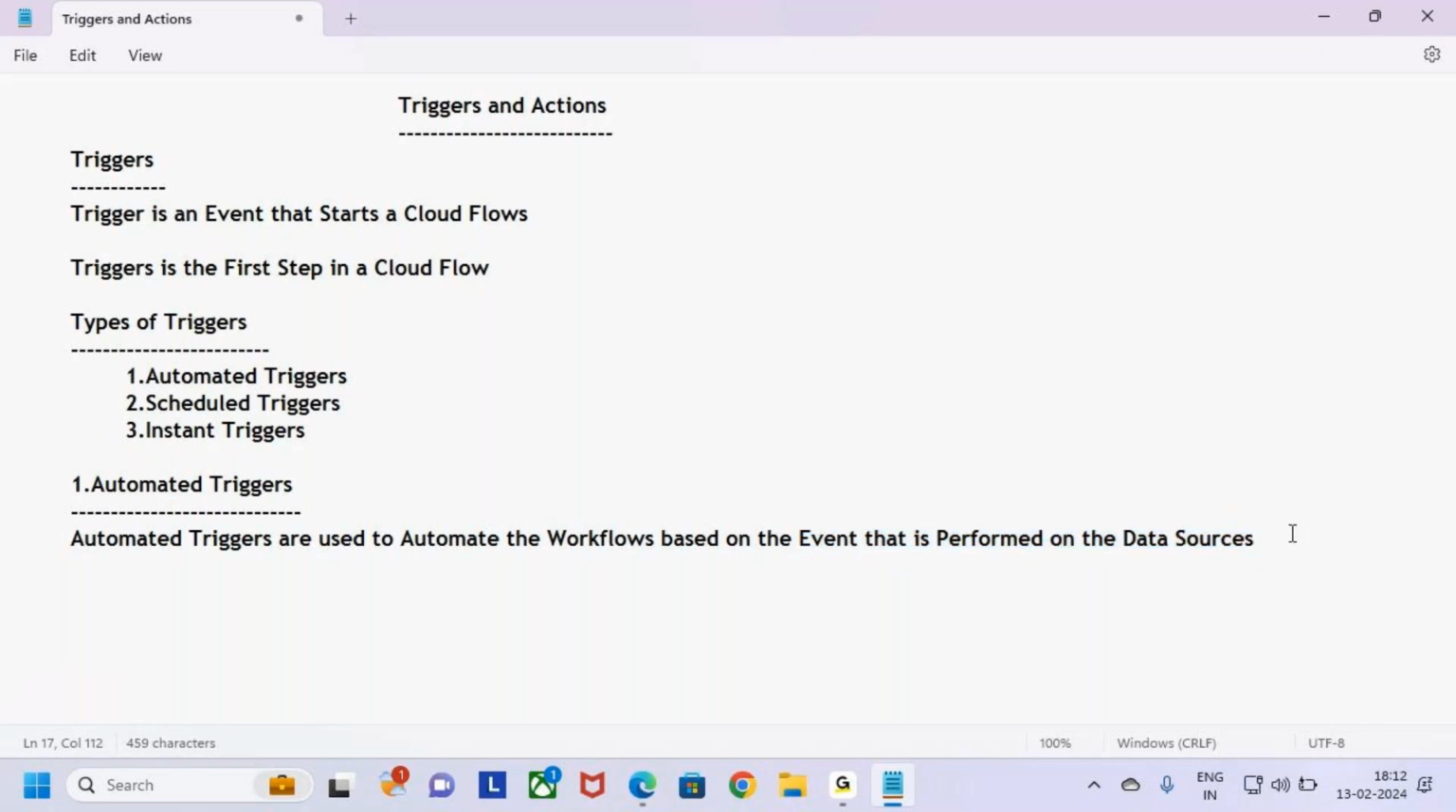Let me give one example here, guys. When do we use automated triggers? Let's say, when a record is inserted, updated or deleted